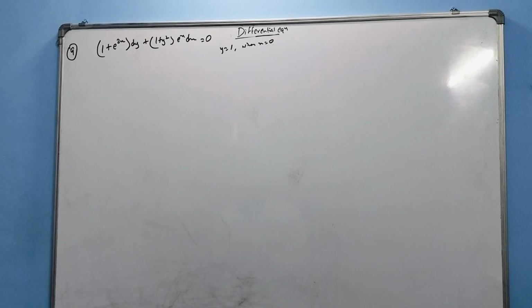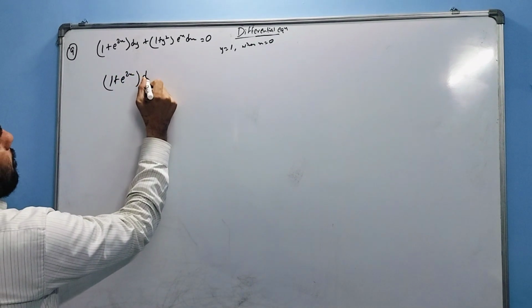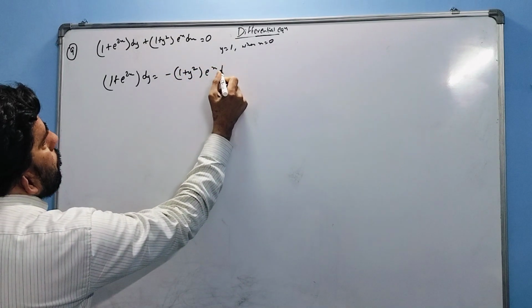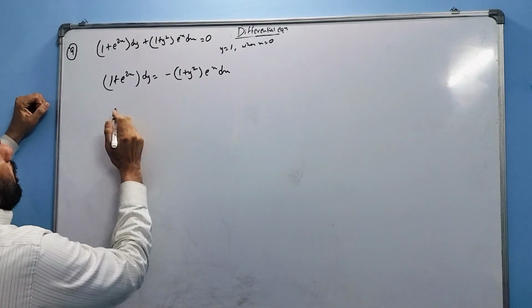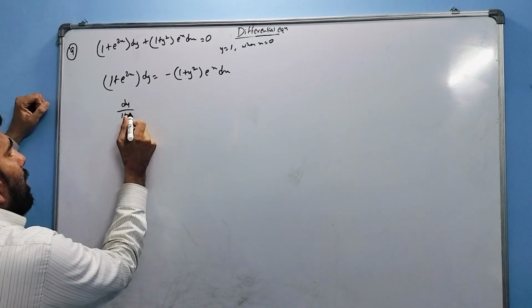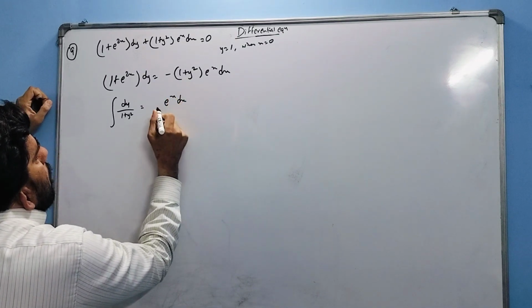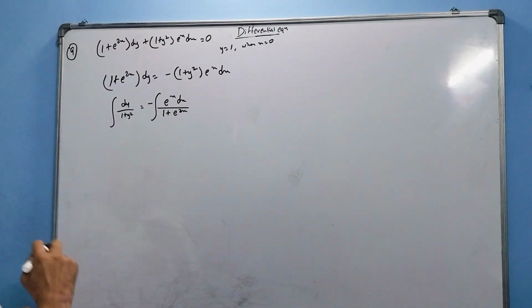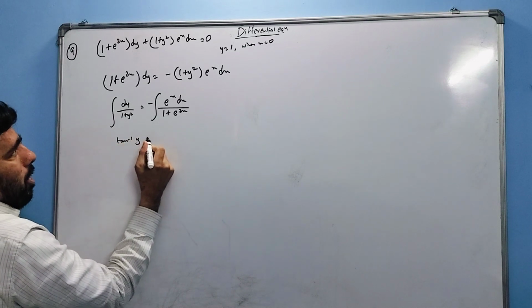Now we'll try to rearrange this differential equation. How? Let us see how we'll be able to do it. What we can do here, in a very simple way, is take this here. So integral of dy upon 1 plus y square is equal to minus integral of e raised power x dx upon 1 plus e raised power 2x. So now I got this. Now 1 upon a square plus x square integrates to tan inverse, so tan inverse y is equal to,